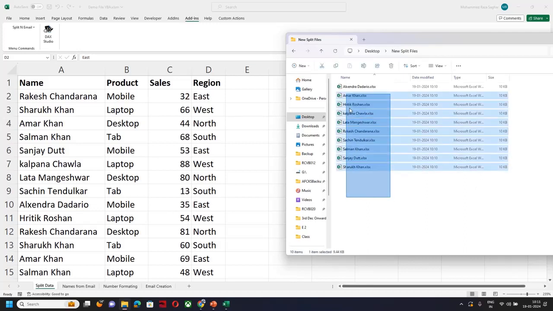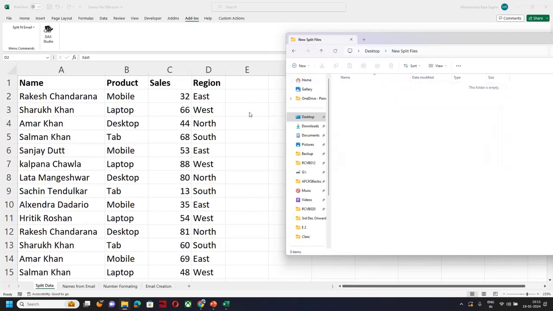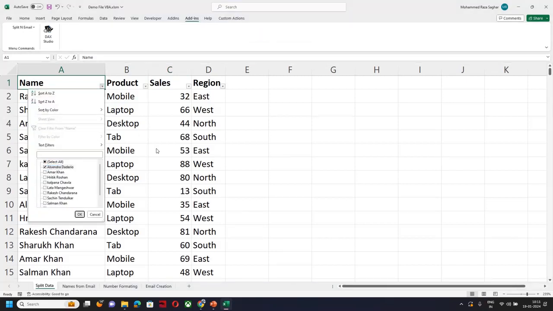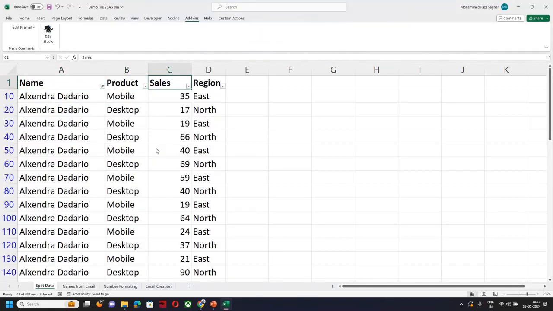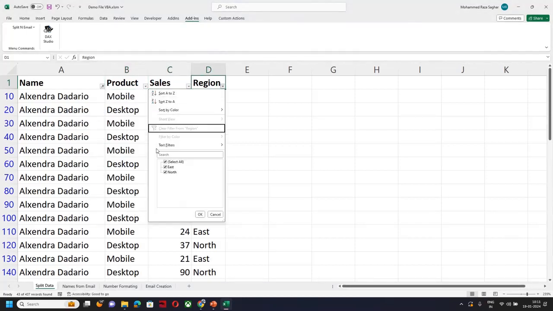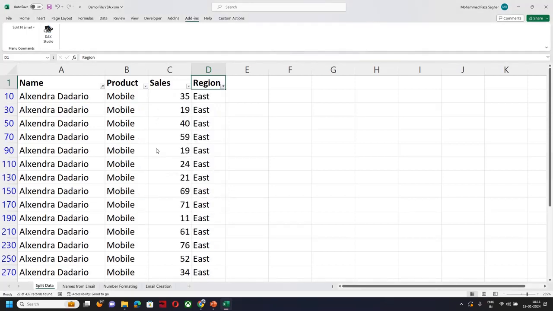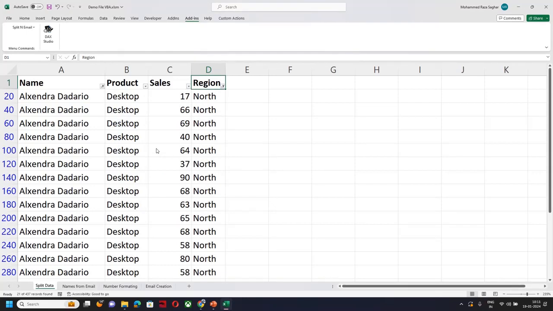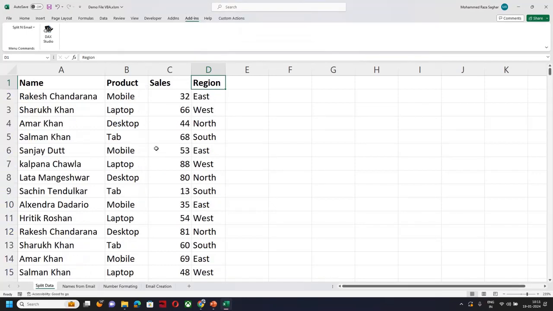Let's see if there is a huge data and you have to do a lot of split, right? What I'll do now is I'll try to do a combination of cells and name. For example, I take a name here and I'll take cells will be too much. So I'll take, let's say, region east. Then this is one file. Then region north is another file. So probably 20 files or so I'll have to create. Or if I take cells, there will be more. Right? So let me do this thing.